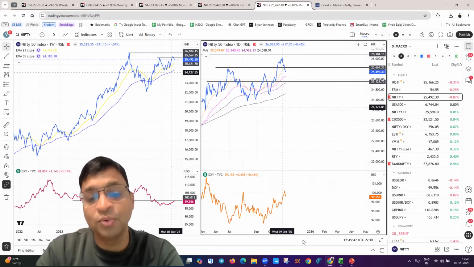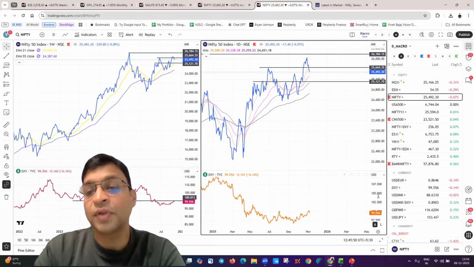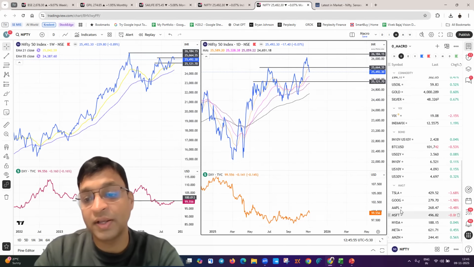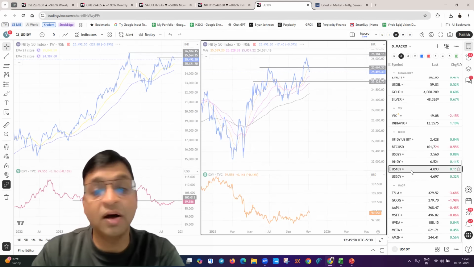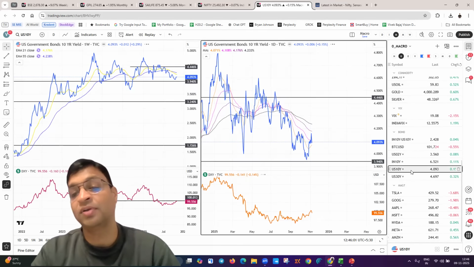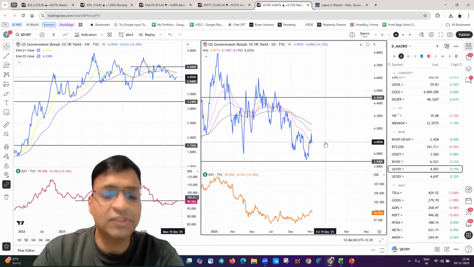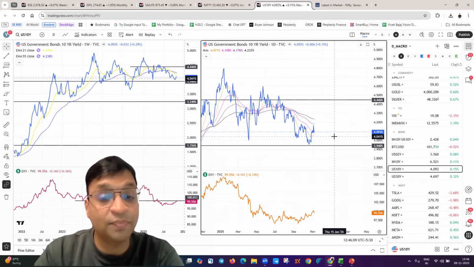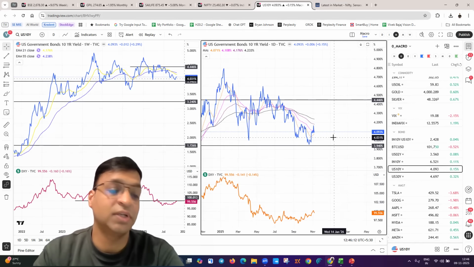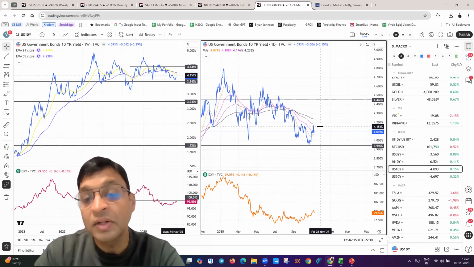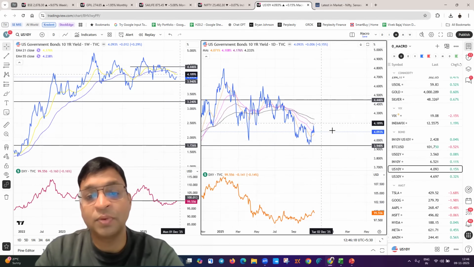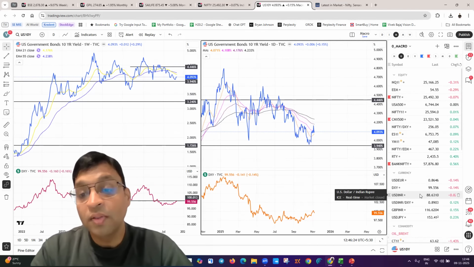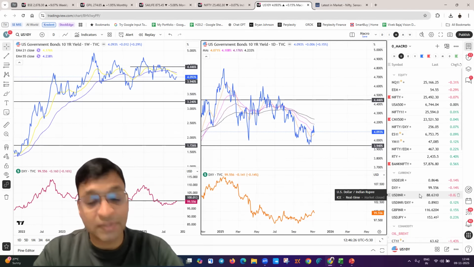That correction was fueled by some recovery in the dollar index. Now, it is important for us to see what dollar index is about to do. And to understand what dollar index is about to do, you have to look at the US yield curve, the US 10-year, 30-year yield, predominantly the US yield curve, which is a reflection of inflation in the US. So in the US, if inflation is expected to go up, which doesn't look like the case right now, considering that a lot of unemployment, etc., is happening there, US interest rates look like they will remain at a lower level. If that happens, then dollar index is also expected to stay low, which means the emerging markets, commodities, etc., will